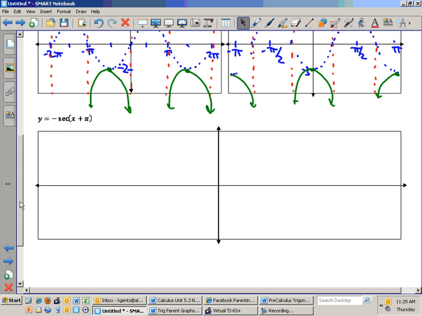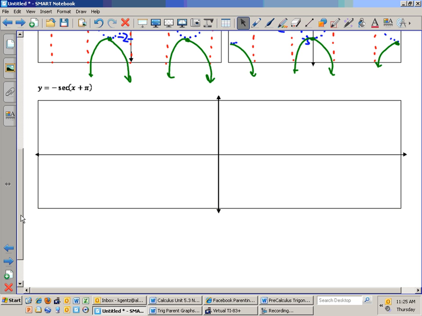So let's do the last one. We're going to change it, make it look a little bit different. y equals negative 2 secant of x plus pi over 2, minus 1. This really ties together all of your understanding about graphs of secant, cosecant, as well as sine and